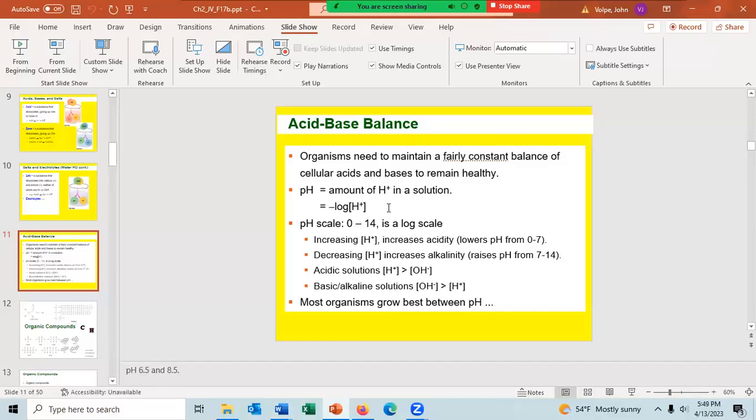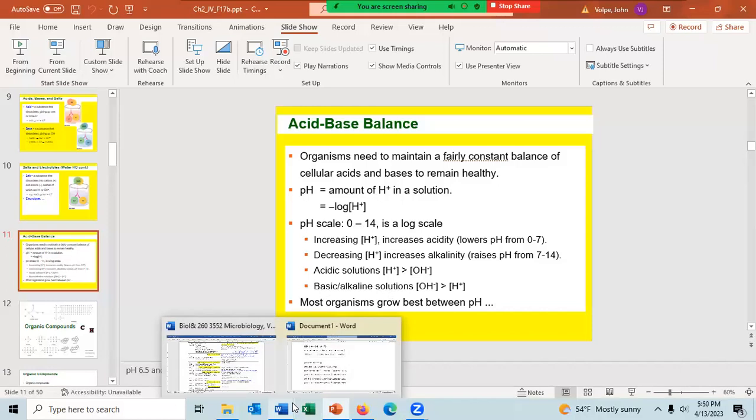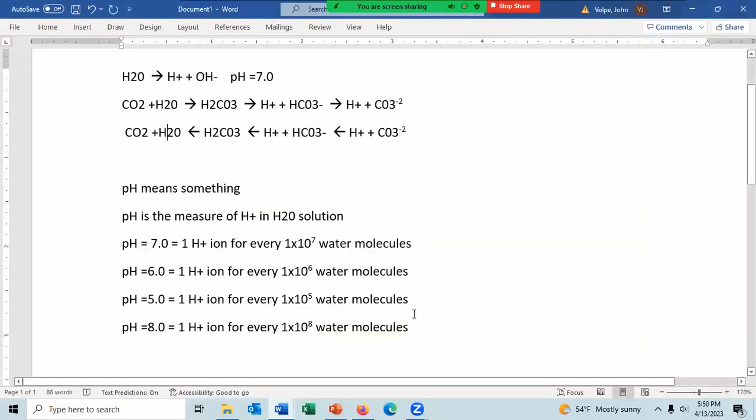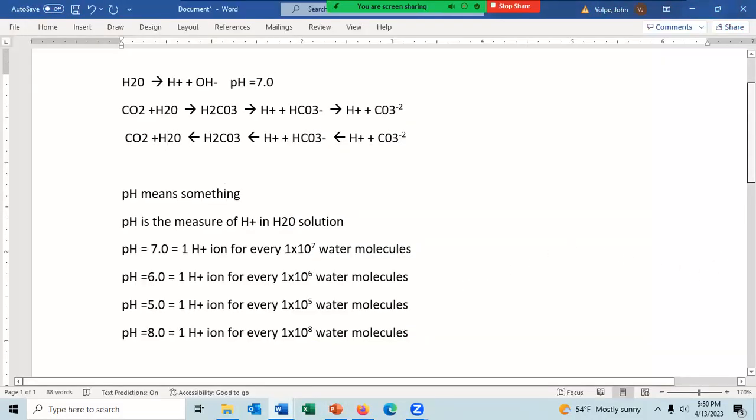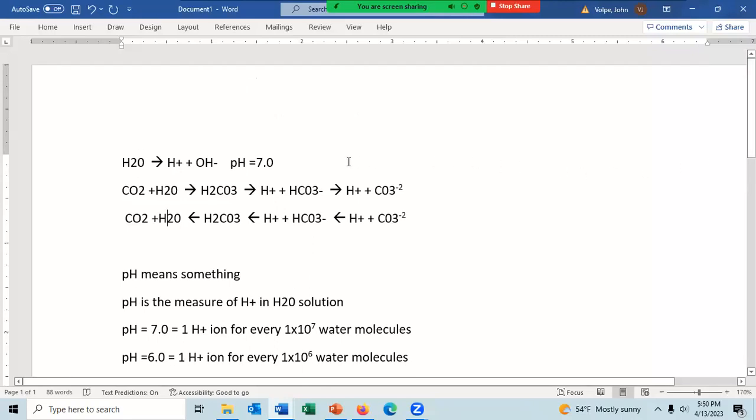All right, I've already talked about pH. The pH, I haven't mentioned this. The scale of the pH runs from pH 0 to pH 14. At pH 0,